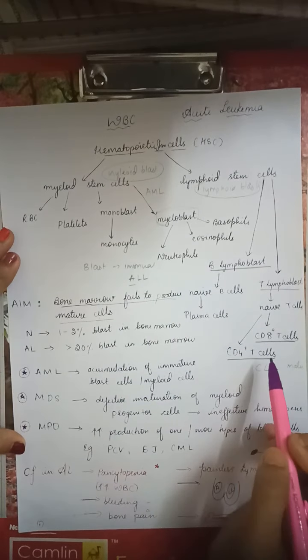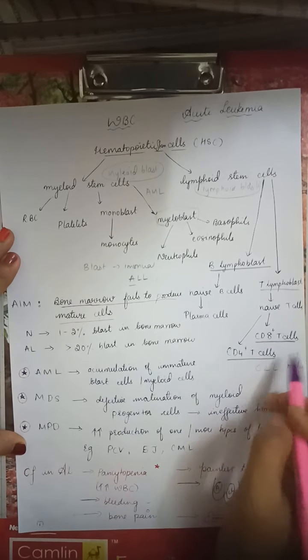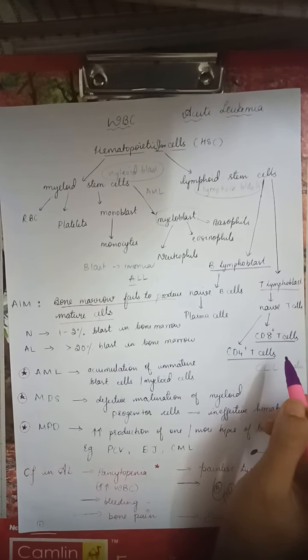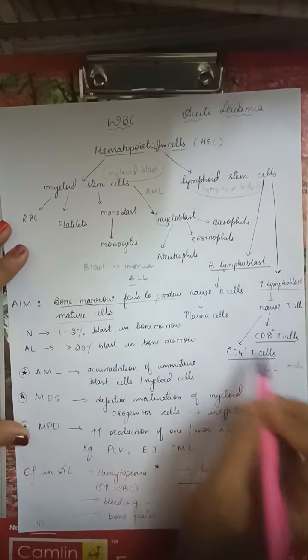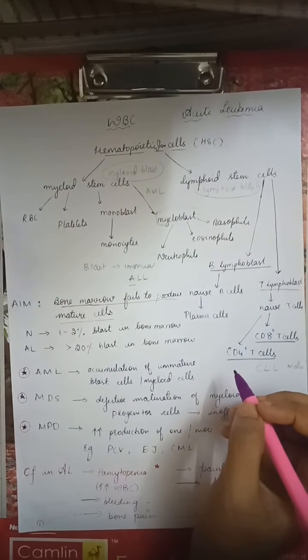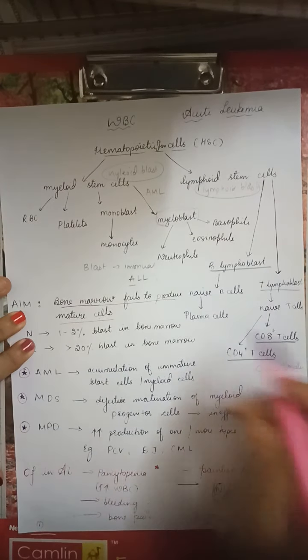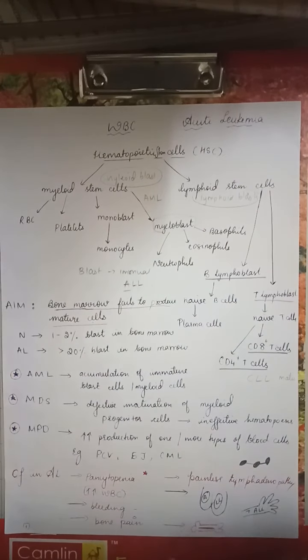Then finally in CLL there is a defect in mature T cells, and CML is also a mature condition, which I'll be explaining in another video, but it is myelogenous. Therefore in that, all the cells are increased. We also call it garden party appearance, because in CML it is the mature form in which all the cells are increased. But now let us focus on acute leukemia.